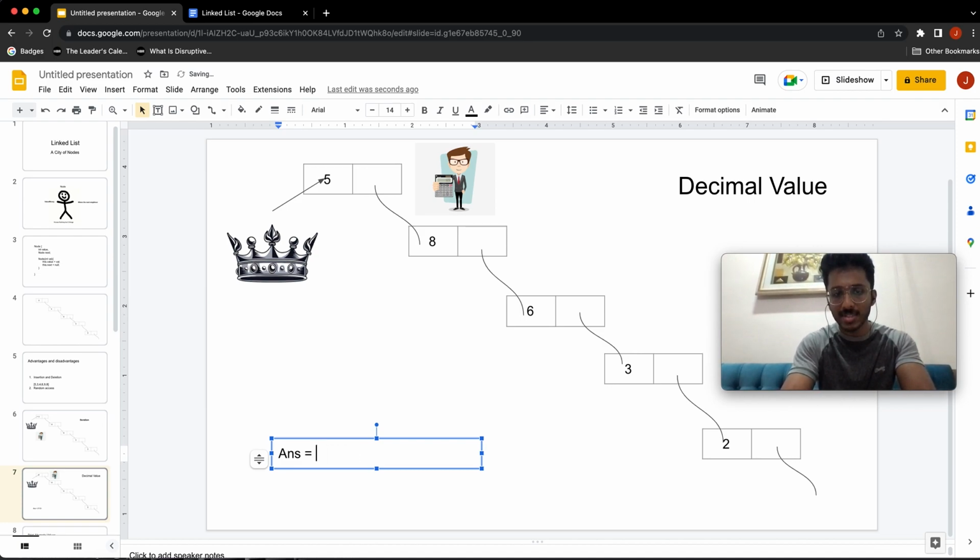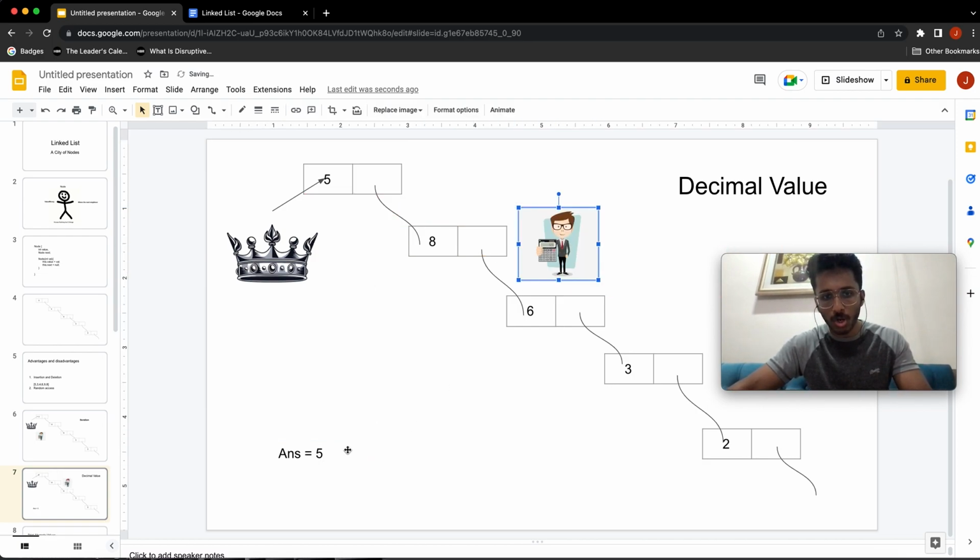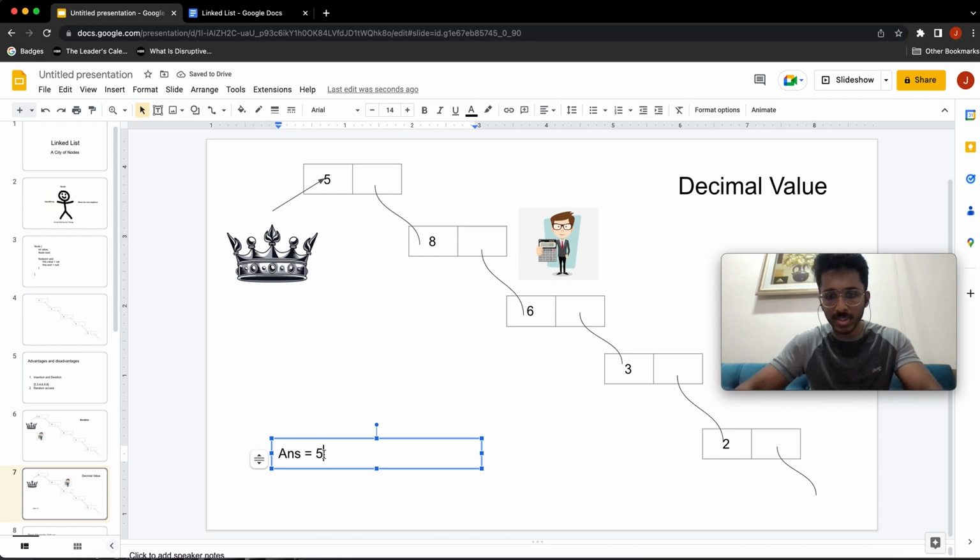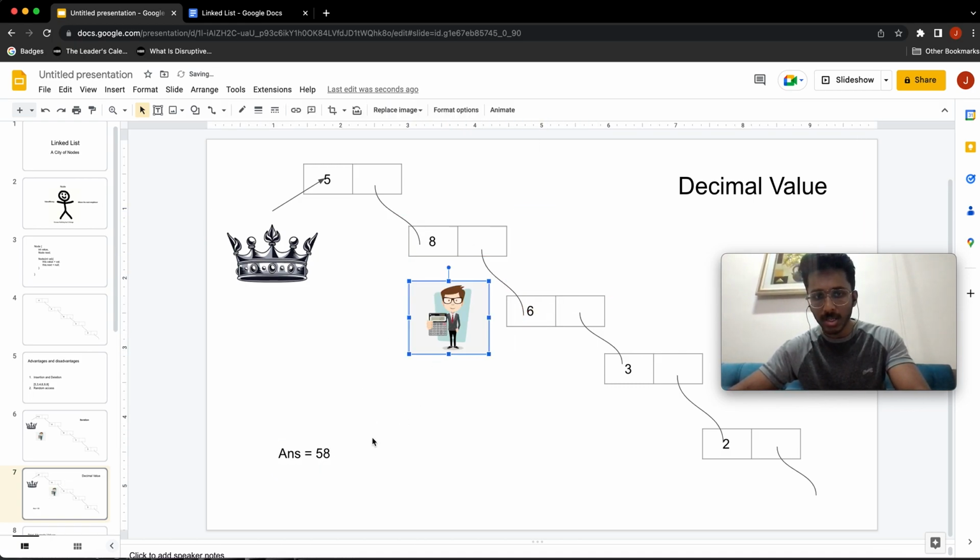So the answer will be 5 in the first case. Then he will come here. Whatever the answer is, he will multiply it by 10, so 50, then he will also add 8, so 58. Then again he will go to the next number, 58 into 10 plus 6,